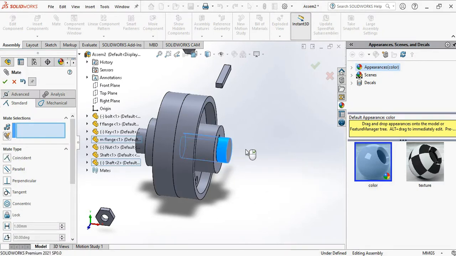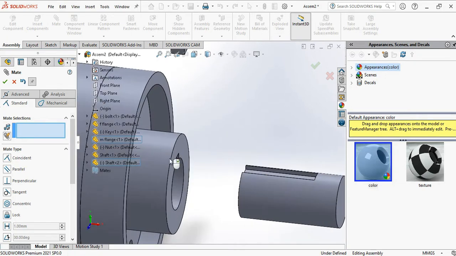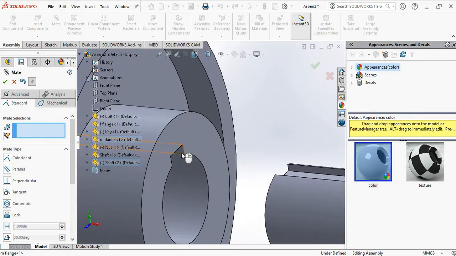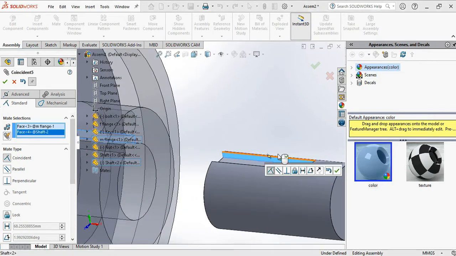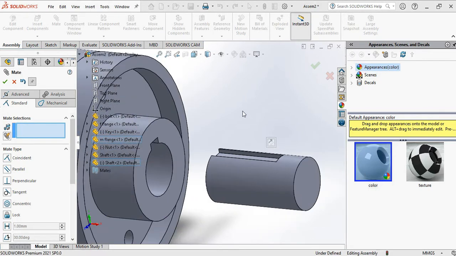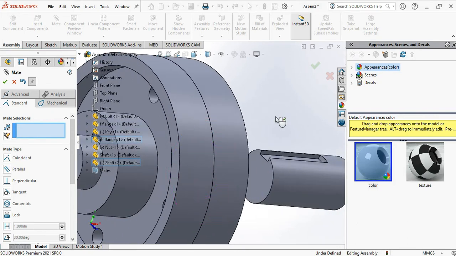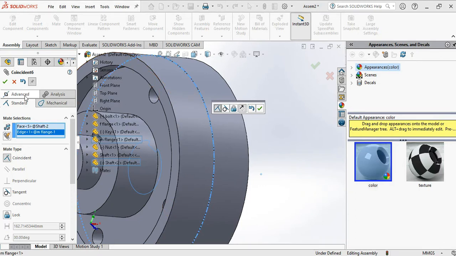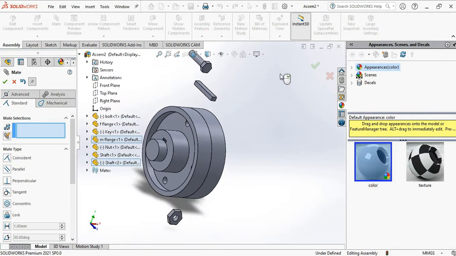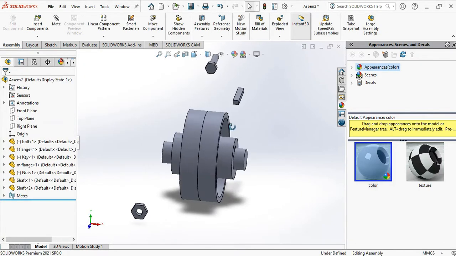Okay. Now we have to fix the rotation. Select these two. Okay. So finally, we have to select this region as well as this cylindrical region. It gets fixed.